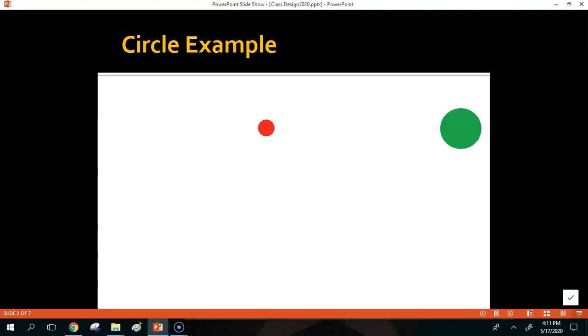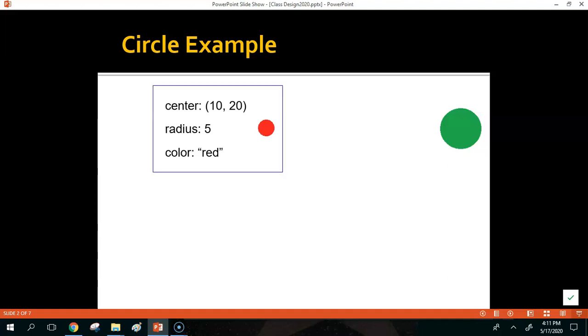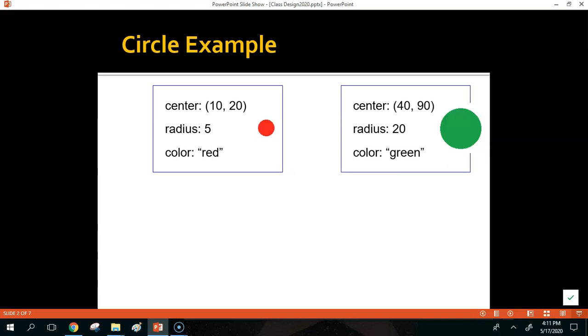So let's start with an example of a circle object. We have one circle and it has certain attributes. It has a center of 10, 20, it has a radius of 5, and it has a color of red. Then we have another circle that has a center of 40, 90, a radius of 20, and a color of green. Now, these two circles are different, but they each have the same attributes. They each have a center, they each have a radius, they each have a color. Because of this, we can write a circle class in Java that stores all of this information so that